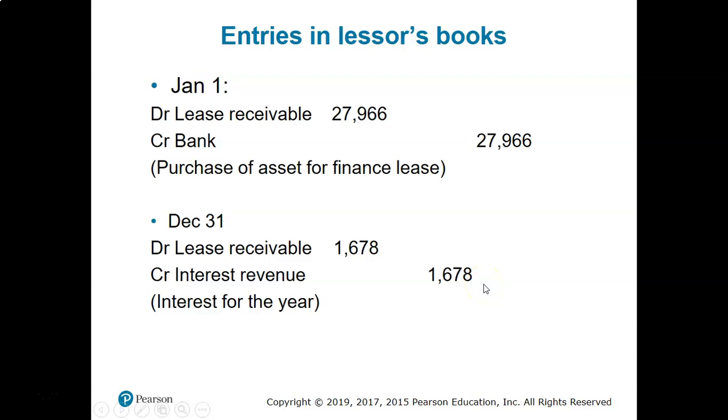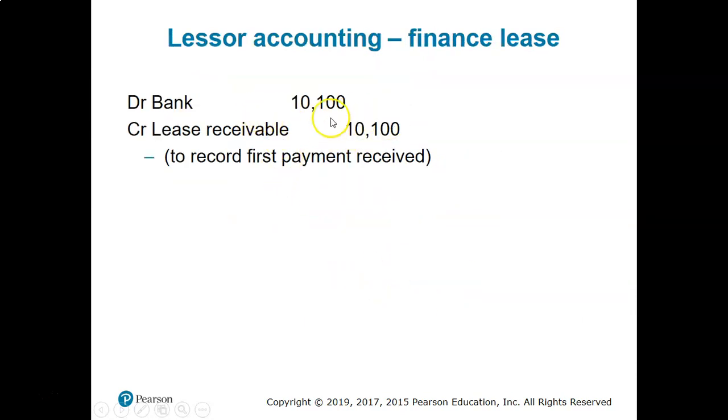All right. So firstly, he is recording in the books that I will receive this money. The lessor is recognizing this. And then when he receives, he records the money like this. So the lessor is now receiving the money from the lessee. When received, bank debit, because bank balance increases, asset increases, and lease receivable decreases.